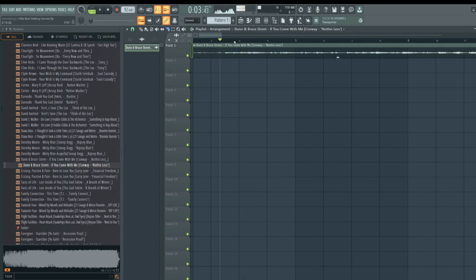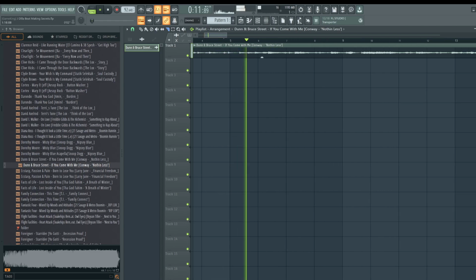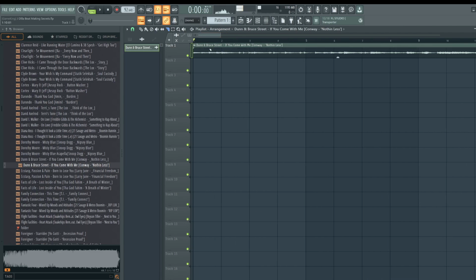So we need to count music. 1, 2, 3, 4. So the trick here is that the downbeat starts before, or excuse me, the melody starts before the downbeat. So let's count the music first. 1, 2, 3, 4, and 2, 2, 3, 4, and 3, and so on up to 6. Okay, so the downbeat is not the first part, it's the part after.